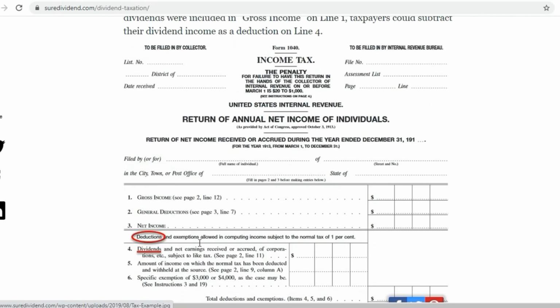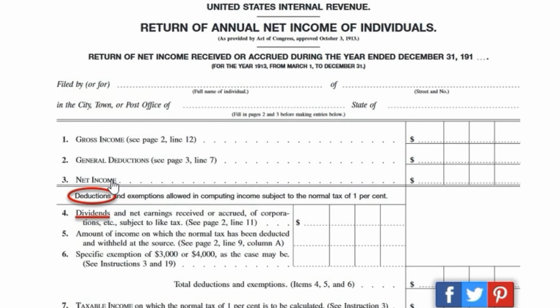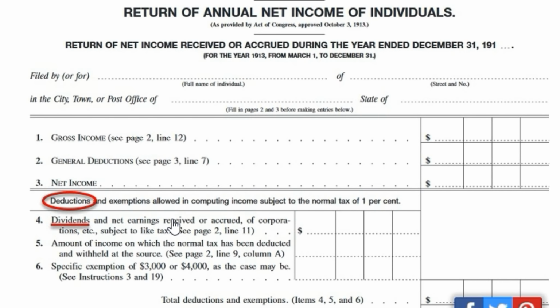Here's an example from the 1040, back in that time frame when there was a deduction here from our gross income. Here, dividends were deducted. So can you imagine not having to pay taxes at all on your dividends? Now, to be clear, there are ways right now to not pay taxes on dividends, but it's not universally exempt from income like it was back from 1913 to 1936.